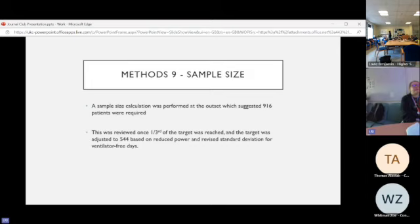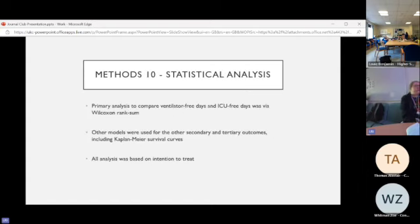However, once a third of those had been recruited, they reevaluated that target and adjusted it to 544, based on reduced power and revised standard deviation. So in the end, we'll look at that later actually. So, statistical analysis. The primary analysis was via a Wilcoxon rank sum, but they used a lot of different statistical